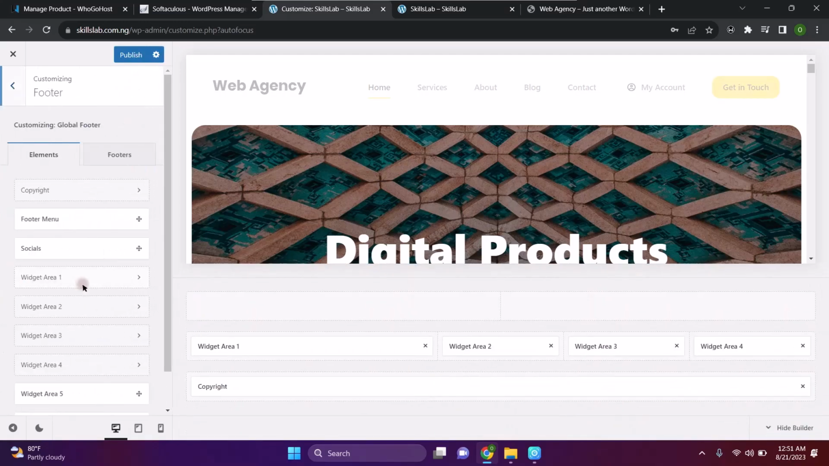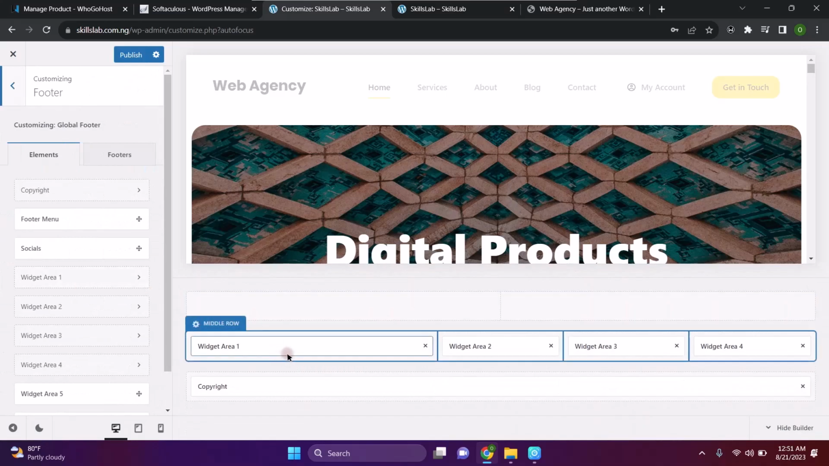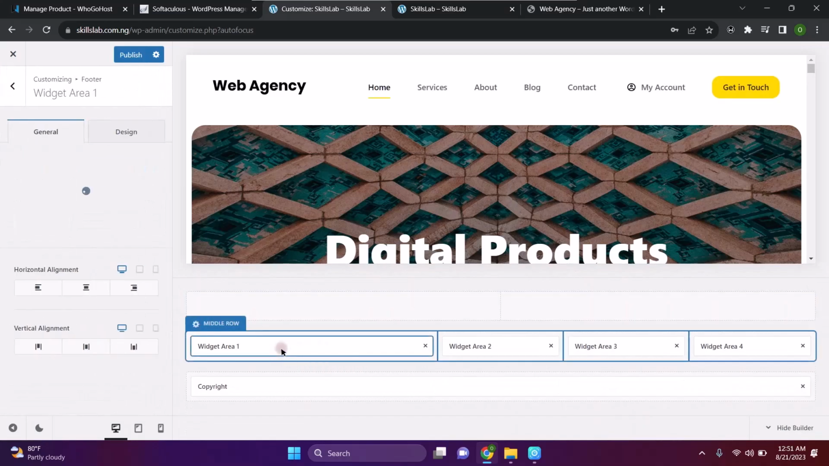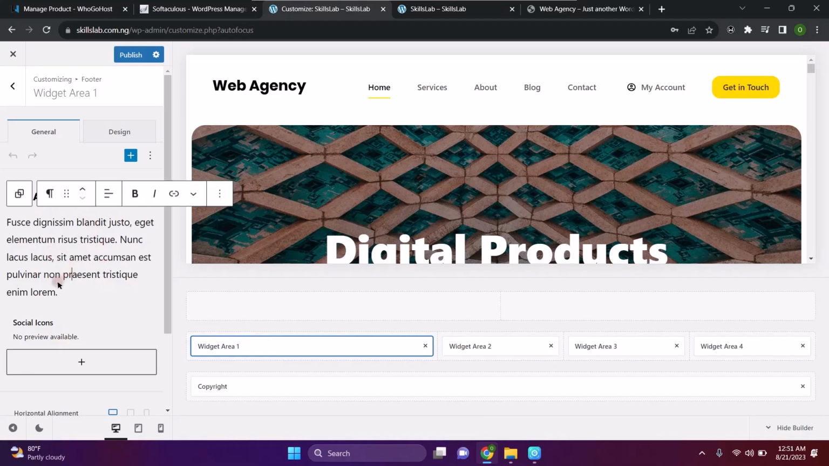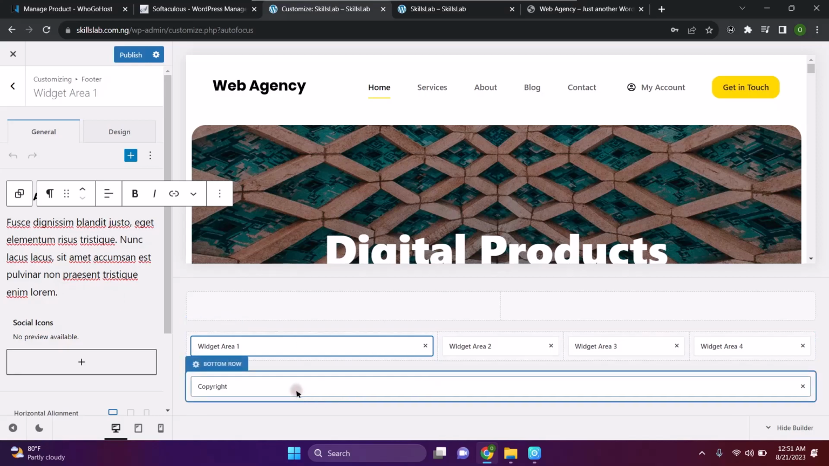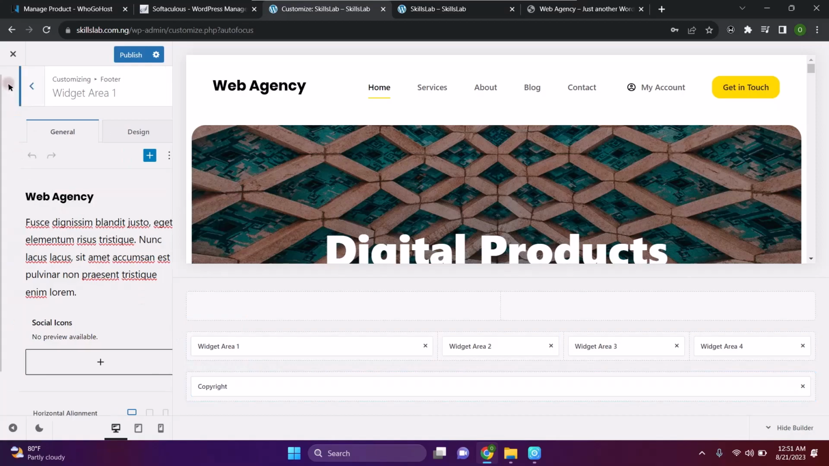Now the footer part of it, this footer area, the widgets and co. So this is widget area one. All this text, you can change it from here. You can change all this text from here. So that's how to customize the footer area as well. And you can see this copyright. Now let me quickly go back